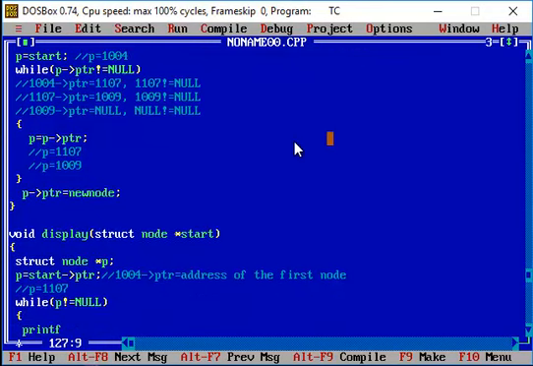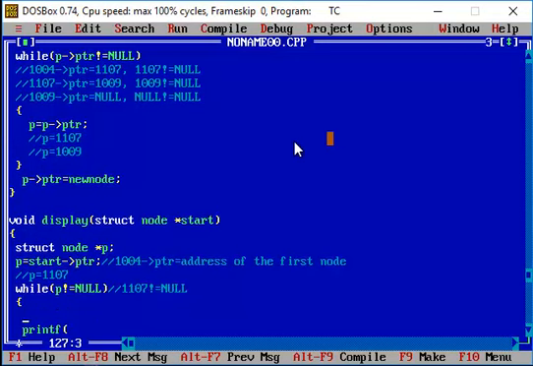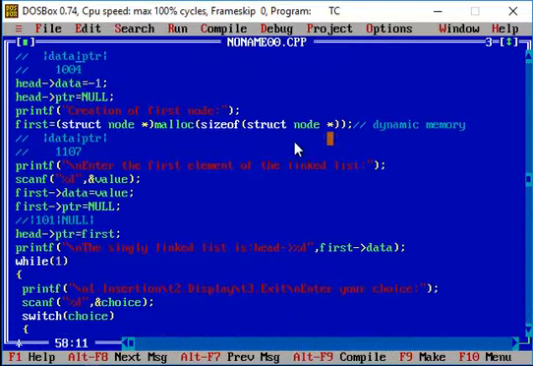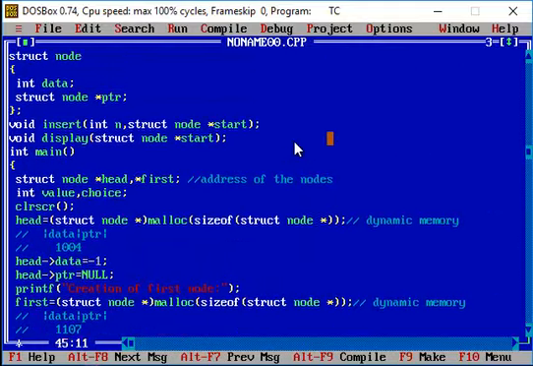So 1107 is not equal to null. What I'm going to do is print the data that is present in the address location of 1107. In the 1107 memory location I have the value 101.